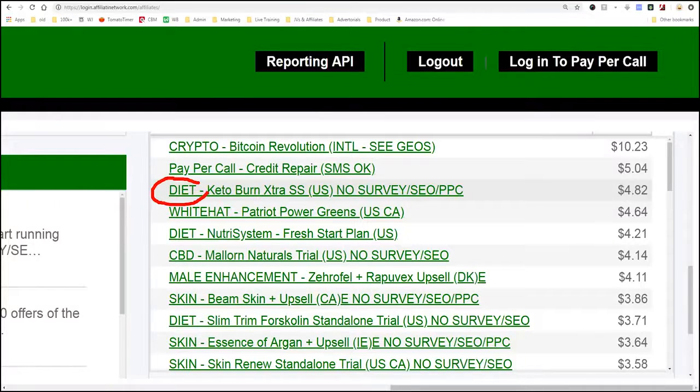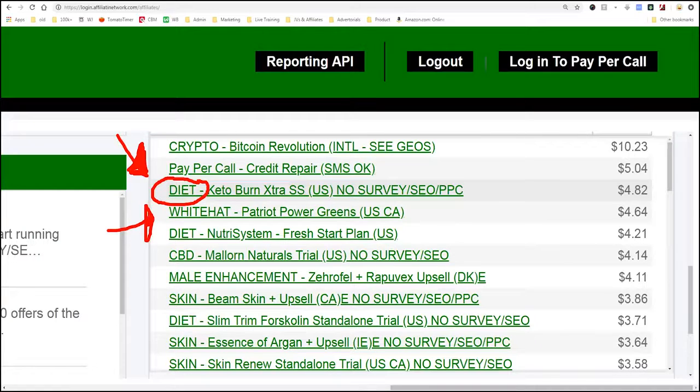The next vertical you see is diet. Diet is one of the largest and longest lasting verticals ever. And as long as there are people that feel they're overweight, there will always be a demand for diet or weight loss products, okay? And this was one of the niches that I've made a lot of money with. I did Facebook ads to Garcinia Cambogia products. I made millions doing that.